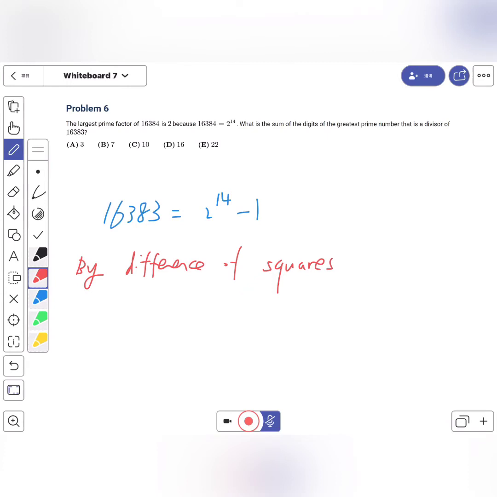difference of squares means that if we have a squared minus b squared, it can be factorized into a plus b times a minus b. And the proof of this can be done using the following method, in which you see that the ab terms cancel out, leaving us with a squared minus b squared. So now, with the knowledge of difference of squares, we can factor 2 to the 14 minus 1,